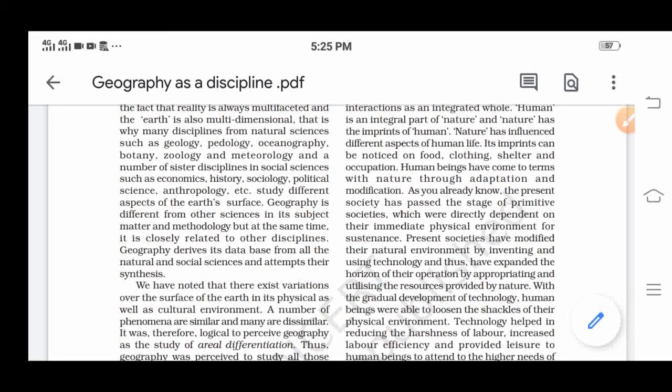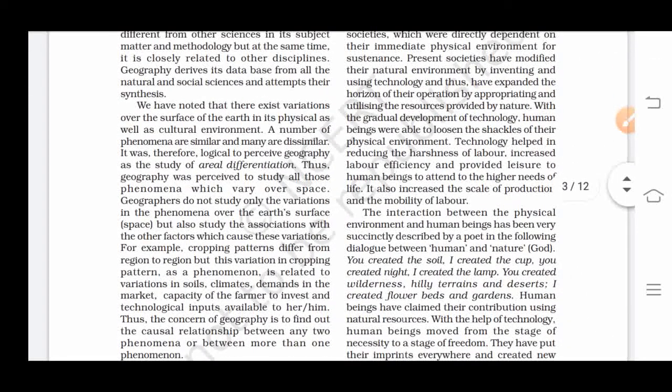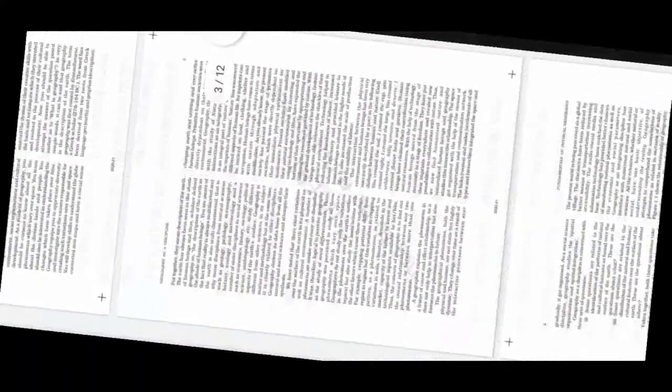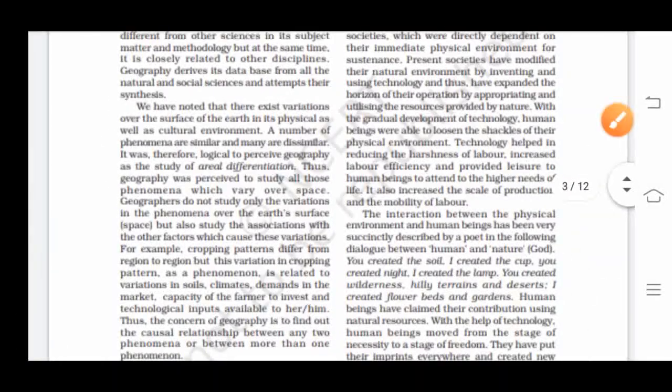Okay, you go to anywhere, agriculture is happening. Okay, the industries are being constructed on the land. So what has happened to the nature? Human ka imprint chhap par gaya hai. That is known as humanization of nature. So understood how this dynamic relationship has changed from the past till the present. So this is studied under geography.